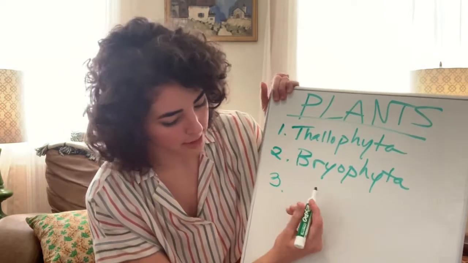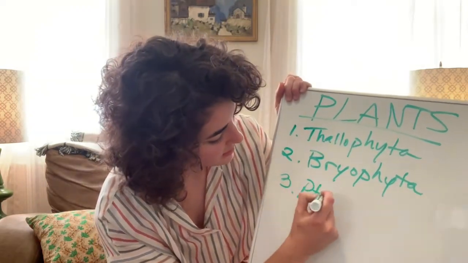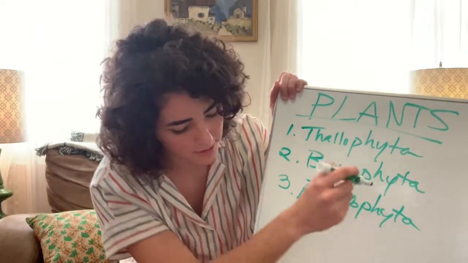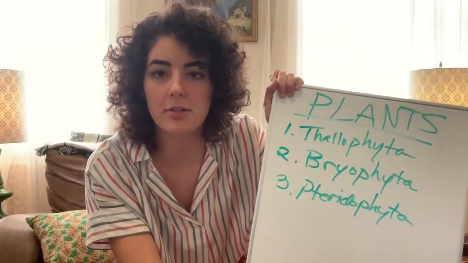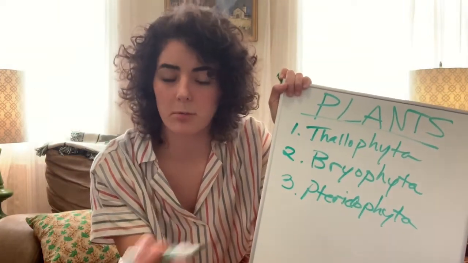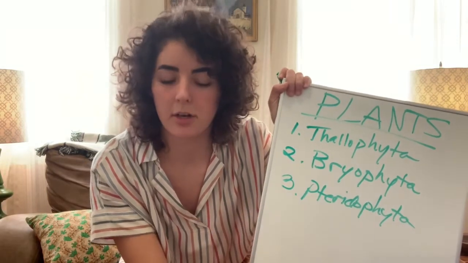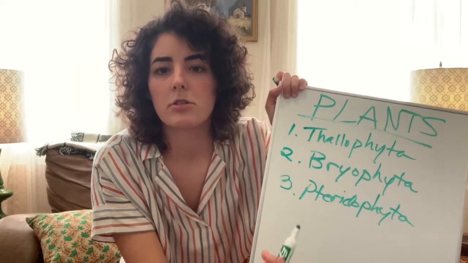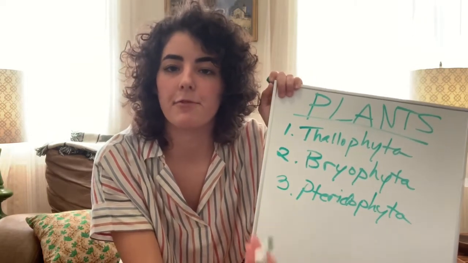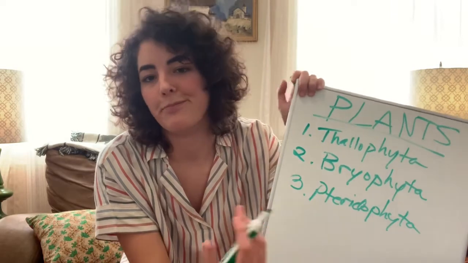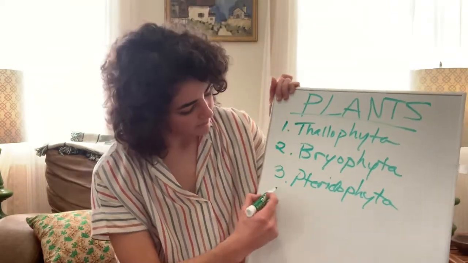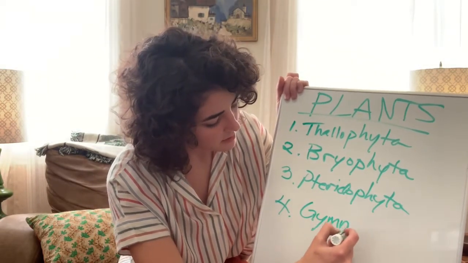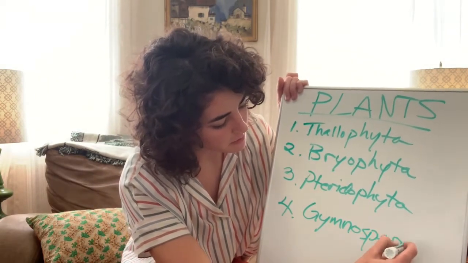And coming in at number 3, we've got the pteridophyta. Our pteridophytes have well-defined structures, so like the leaf, stem, roots stuff we were talking about, and they're also vascular, but they don't produce seeds, so they only reproduce through spores. So this is basically ferns and ferns' close relatives. Ferns.